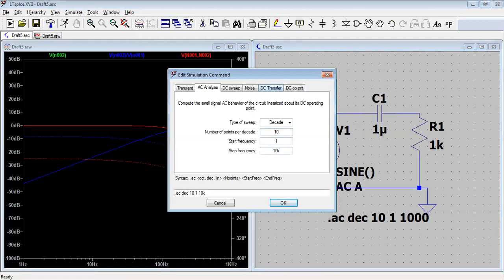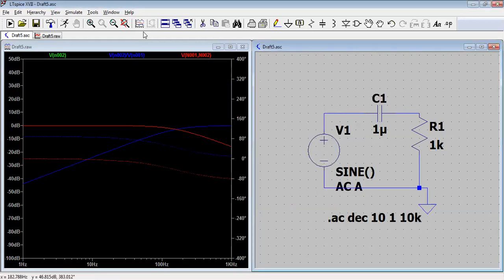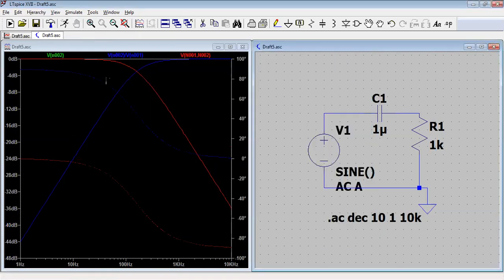So maybe you are able to get a better response. And those 10 points are okay. So if we simulate this, let me stop this and run this. Now you are able to see a very nice curve here.